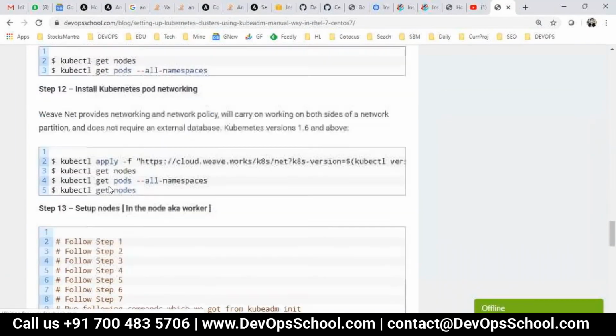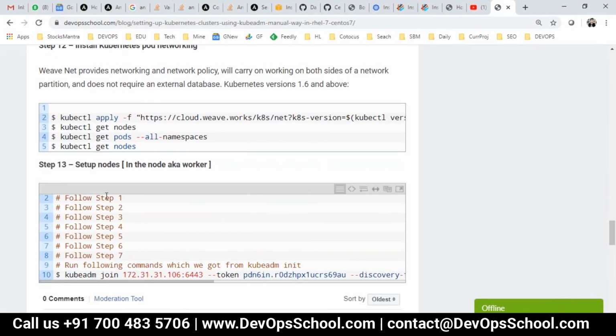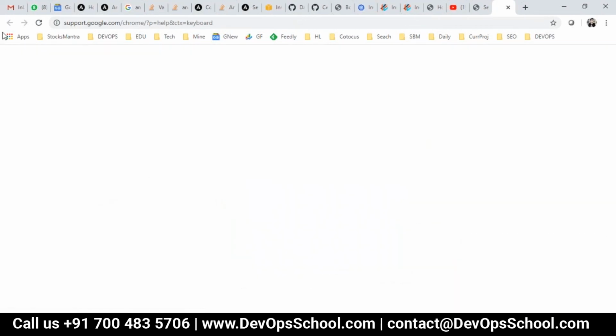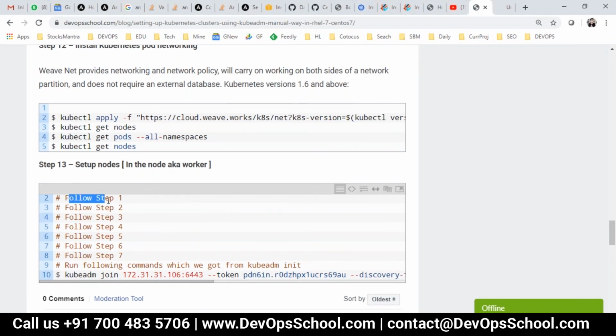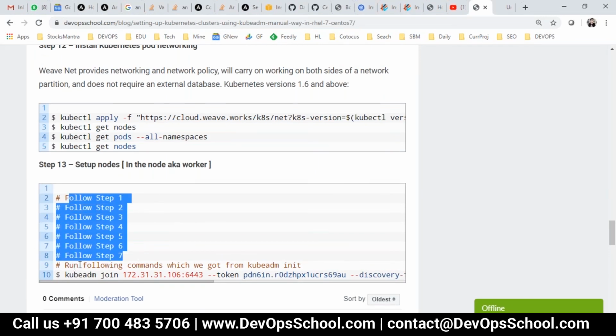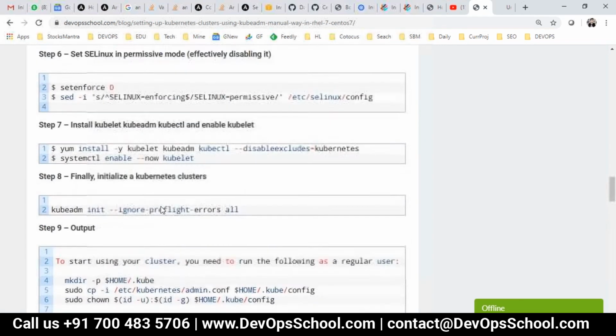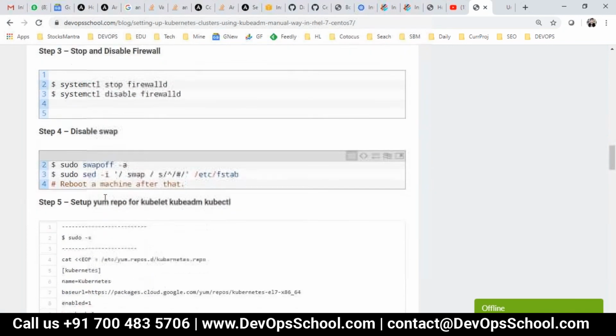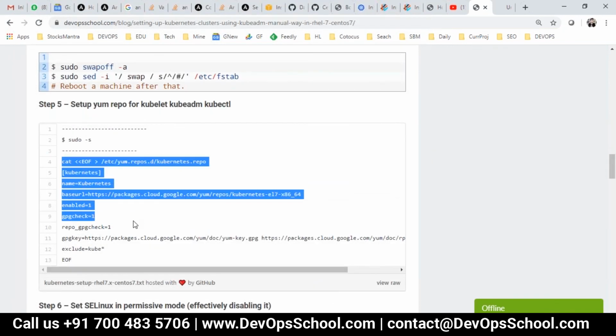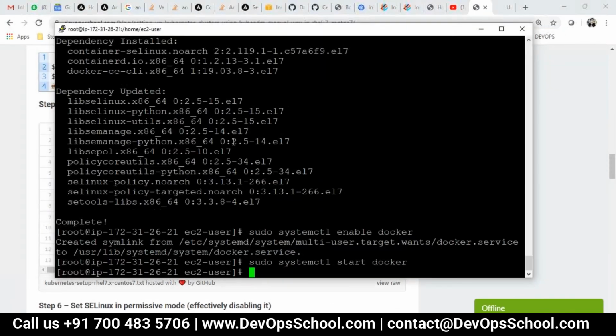If you read this article properly, you have to follow that. To set up a worker, you have to follow step 1 to step 7 except step 8, and instead of 8 you will follow this one. So what is that? Let me first follow those steps. I will start following from here, because the remaining in AWS is already there.